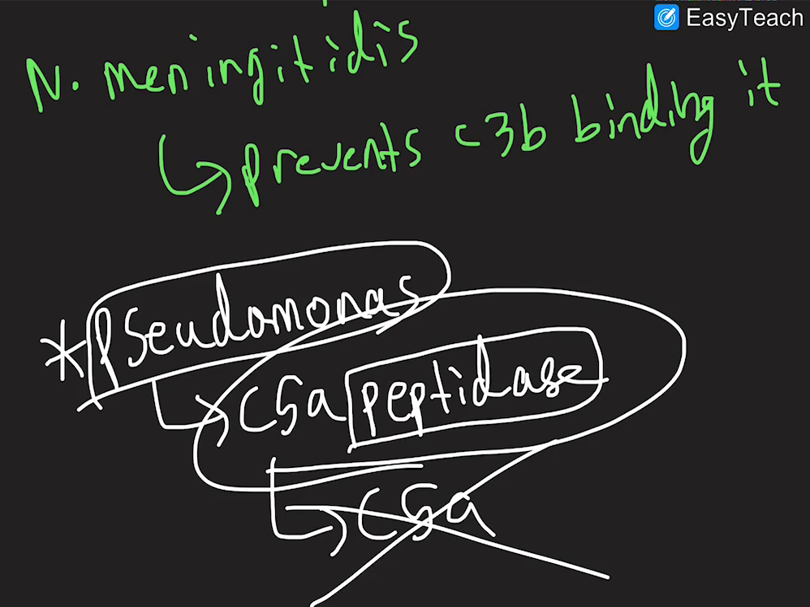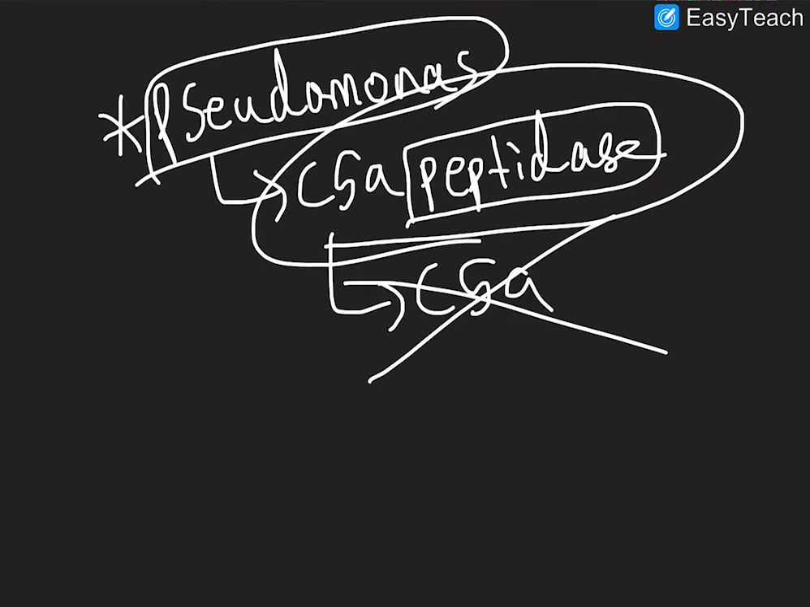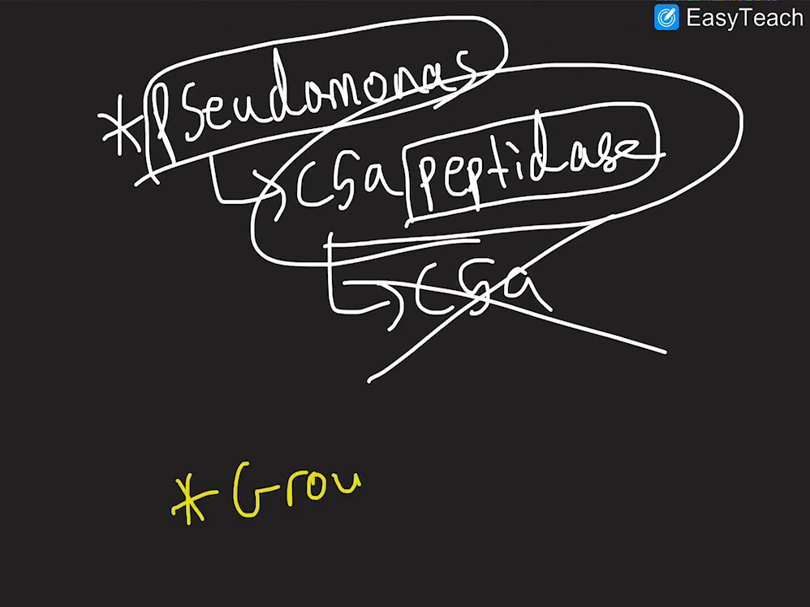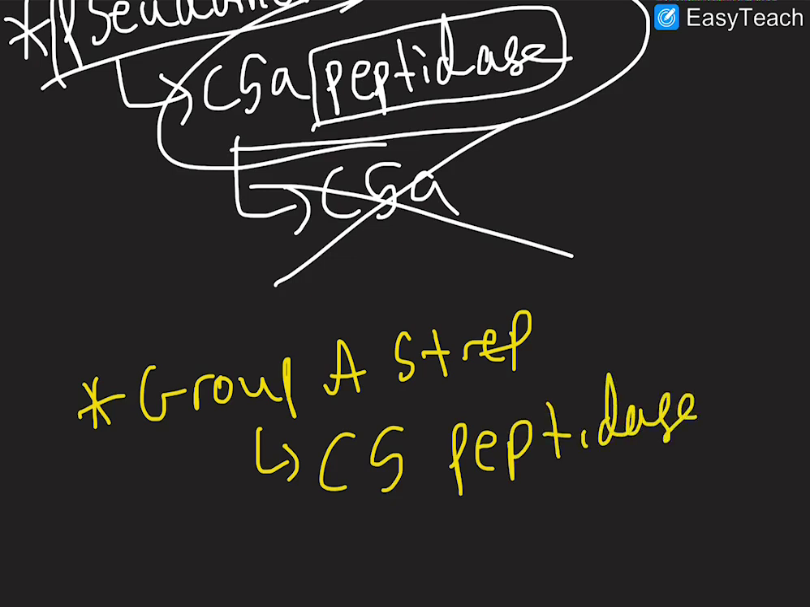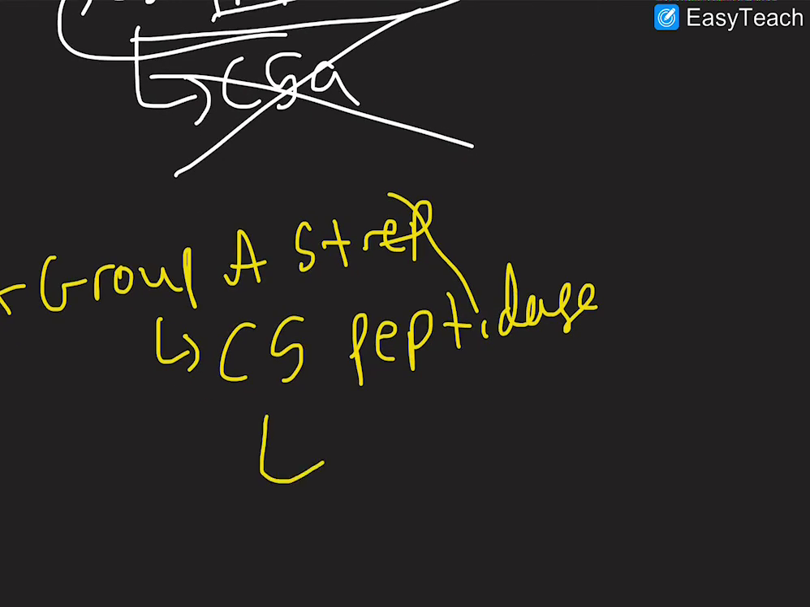But another thing is that group A strep, or Strep pyogenes, also has C5 peptidase. Okay, so let's write that down. Turns out group A strep, or Strep pyogenes, also has C5 peptidase. What does C5 peptidase do? It destroys